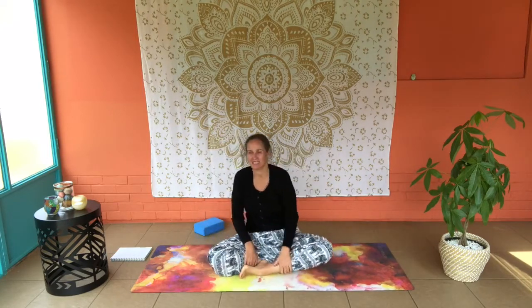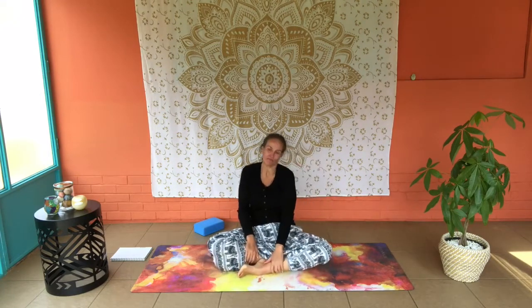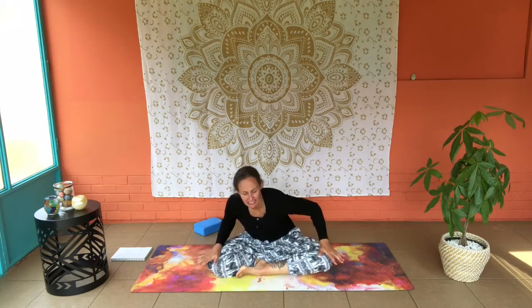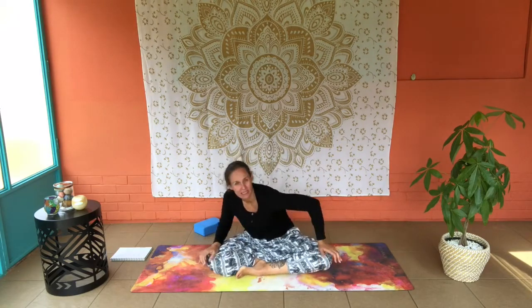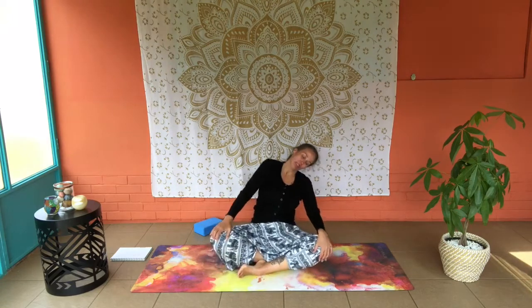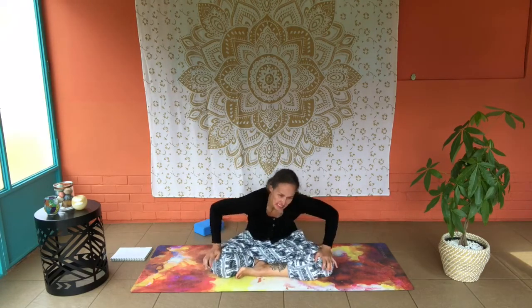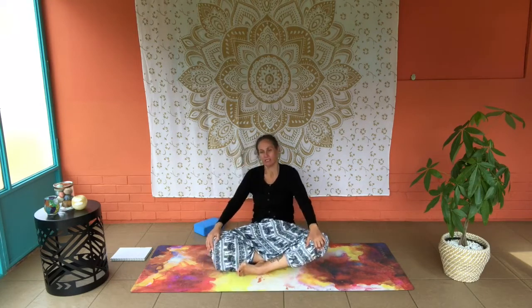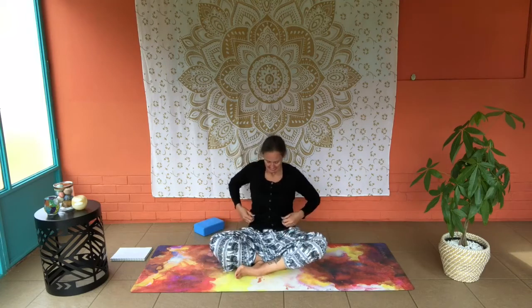rounding off this little mini practice with a deep stretch through the body, bringing the hands onto the knees, taking a bit of a Sufi grind, moving your whole entire torso along and around, and then reversing and going in the opposite direction. Coming back into a neutral space, sitting up nice and tall, bringing your palms together to touch